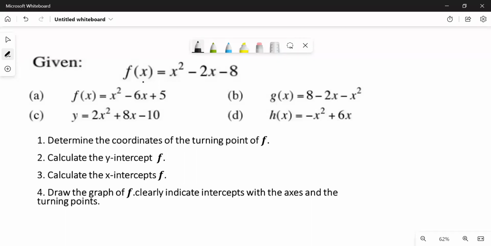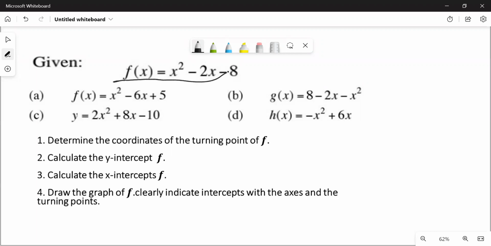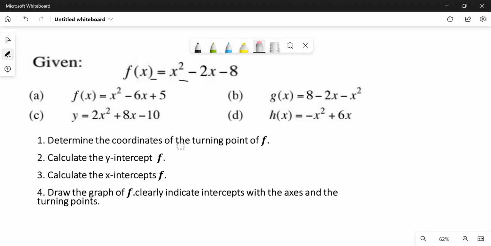But they're saying we are given the following. So I'm going to do this one. And then now you're going to come and do the rest again. So the idea here is that we should be able to determine the coordinates of the turning